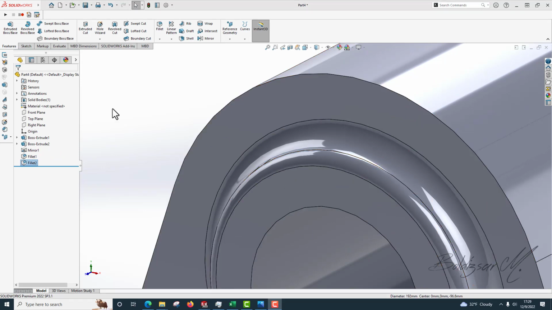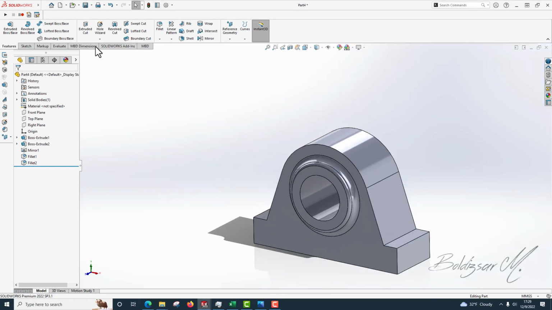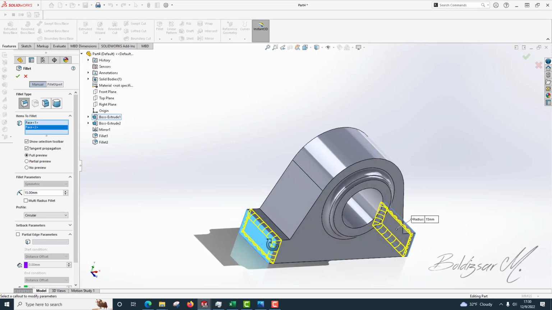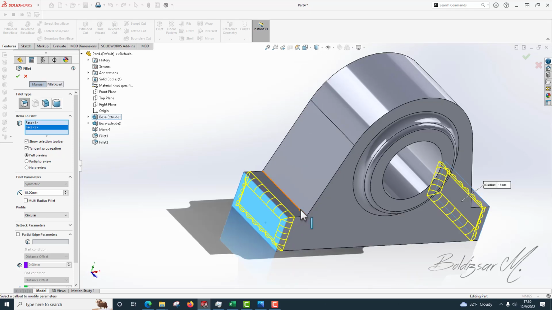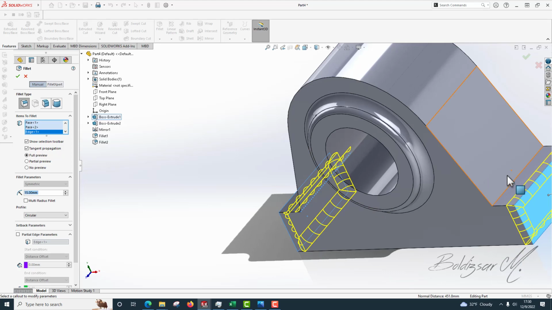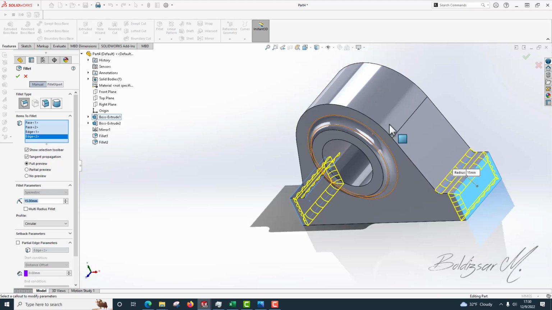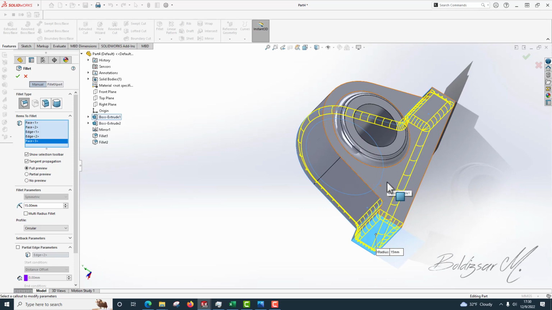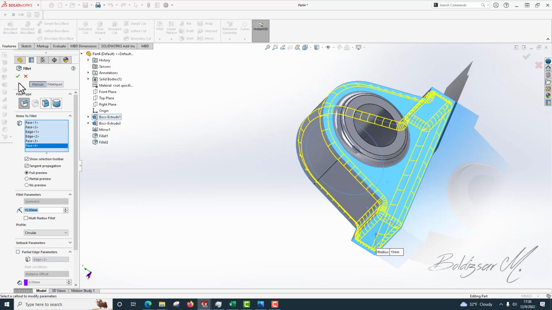and now the final fillet. So for that we need fillet 15, 1, 2, this edge, this face, and this face. Okay,